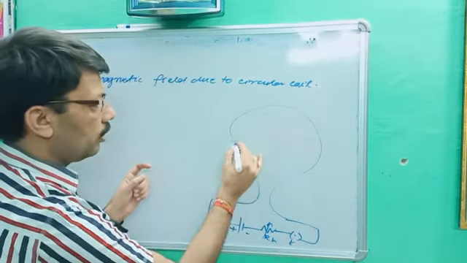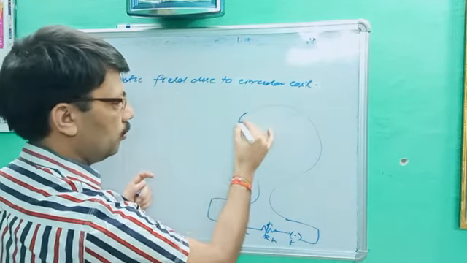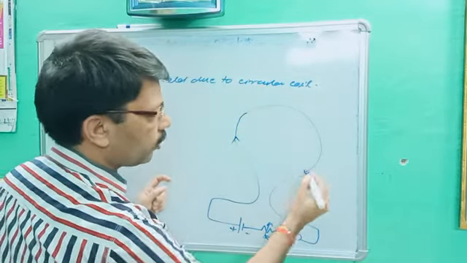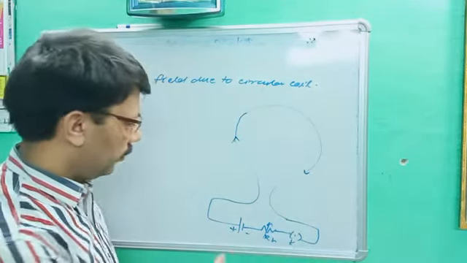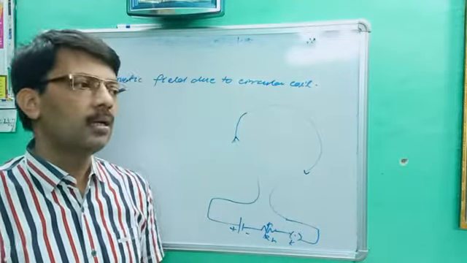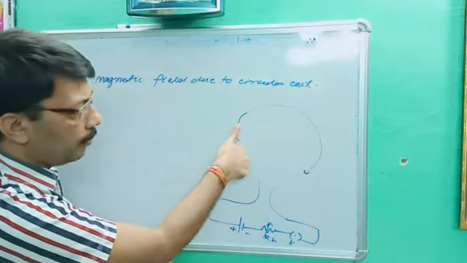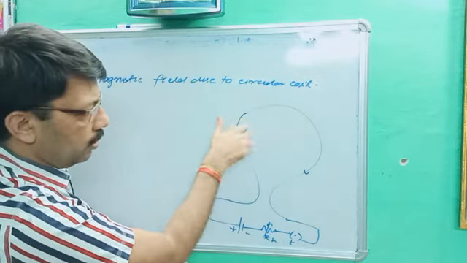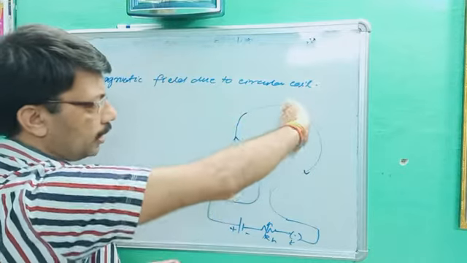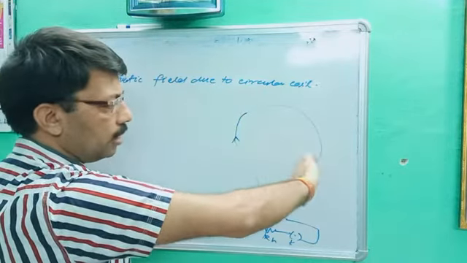When it is switched on, current will flow from positive to negative. Okay. When switched on, current will flow from positive to what? Negative. Now you will apply the right hand thumb rule. Current is moving upward, so the magnetic line of force will be anti-clockwise. Here current is moving downward, so the direction will be clockwise.